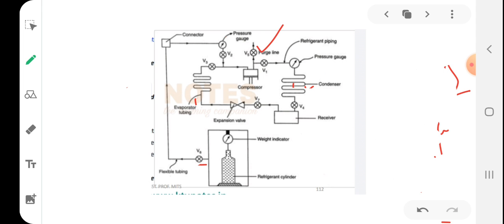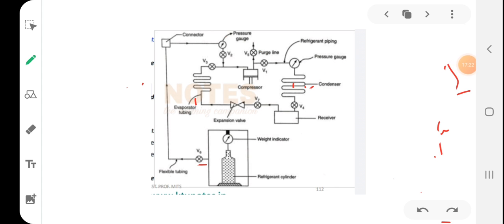Now for charging the refrigerant, open the cylinder valve V6. Now you have to open this cylinder valve V6. So this is the cylinder valve. Now the refrigerant from the cylinder will start to flow. And you have to stop the compressor motor. Okay, after purging. Sorry,